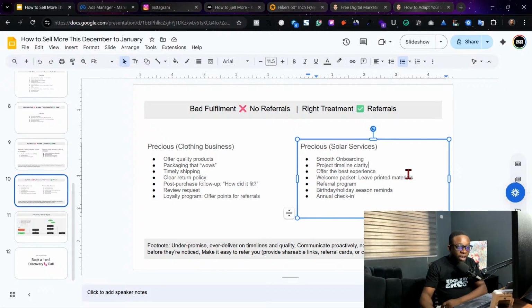You offer the best experience. Even if that person is paying 10 naira, treat that person like a king. It's a business. You are in business. You are in the business of serving people. So don't be shy. Even if you are the boss of yourself, they are your customers.